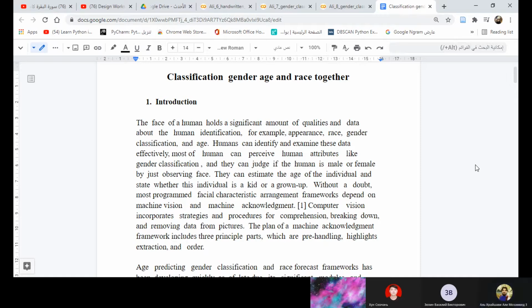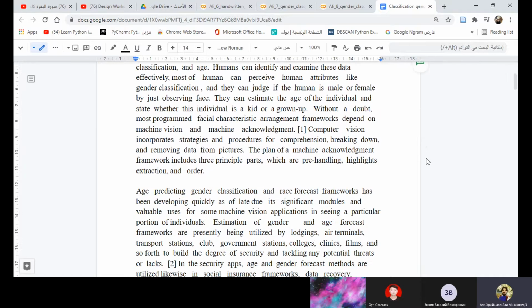Computer vision in group rates is strict and prosperous for comparison, breaking down and removing data from pictures.